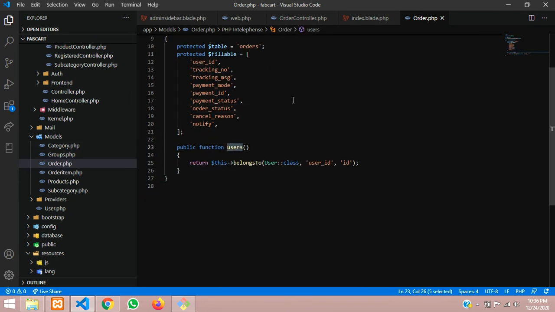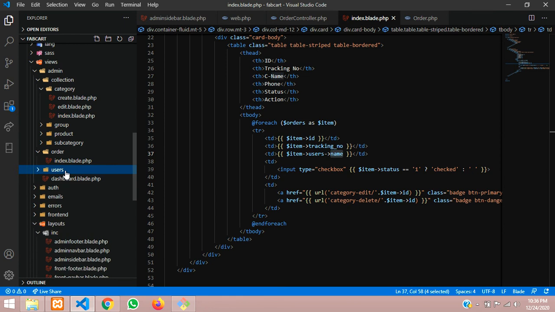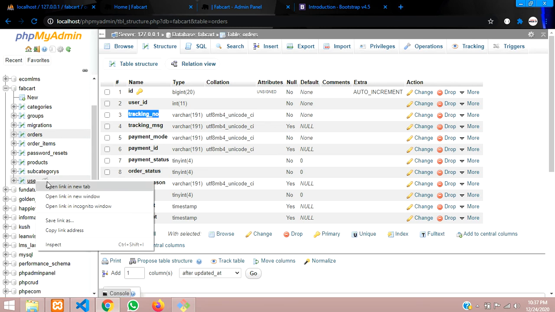Okay, so let's copy this function name and call it over here. Let's say user and its name. That name is nothing but inside users. Oops, let us just see on the database itself. So over here I'll open a new tab.